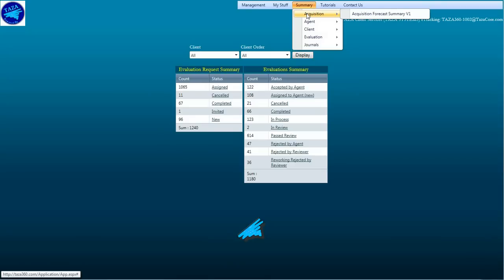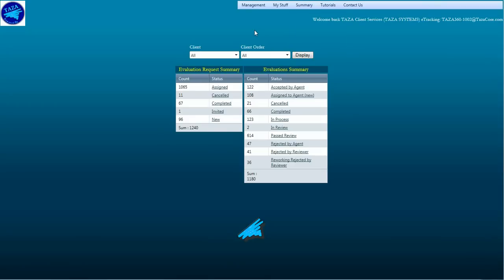So depending on what stage you're in, whether you just simply want to have BPO CMAs done, or you're doing the due diligence